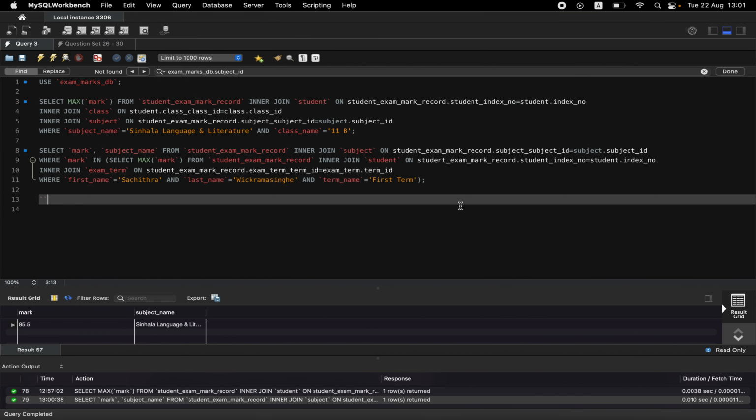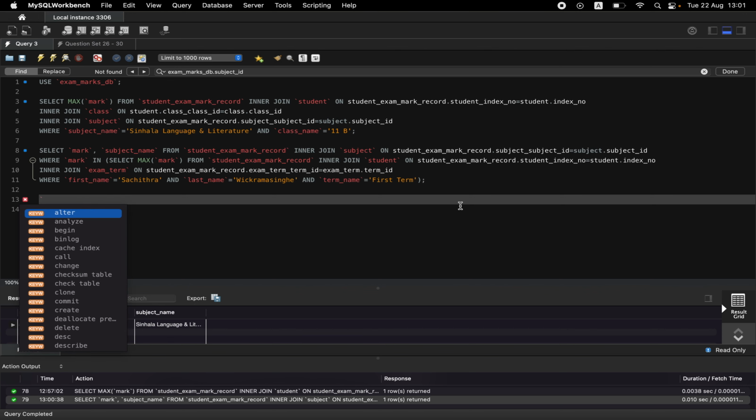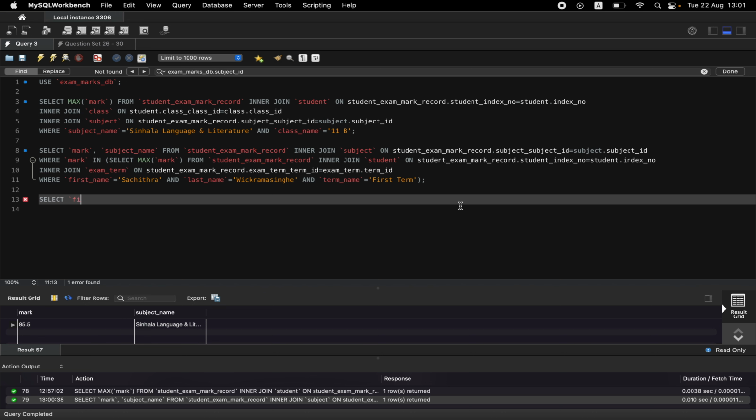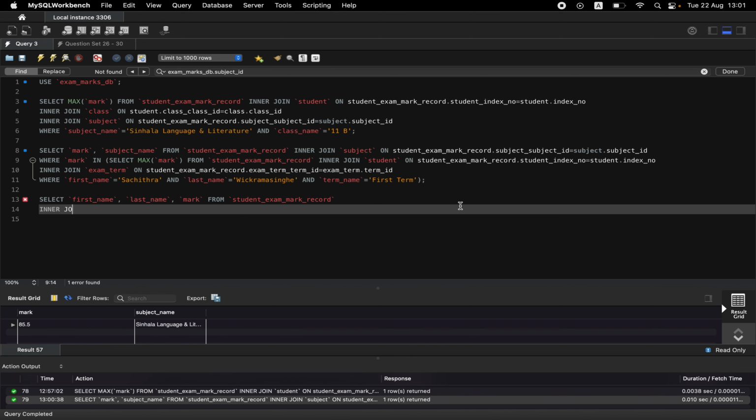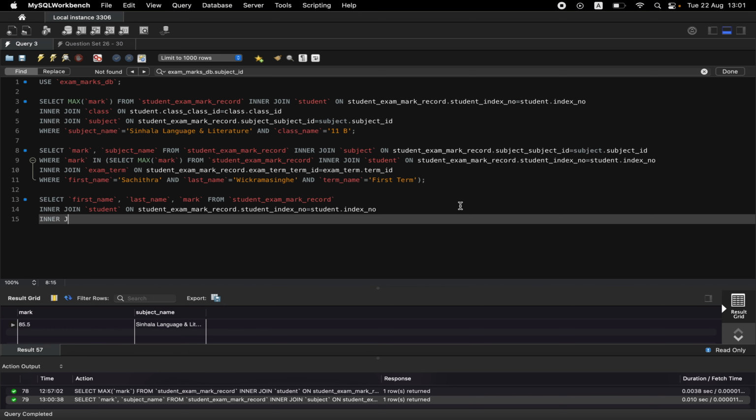So we have to find the name, first name, last name and the mark from student exam mark record, inner join student table on student exam mark record dot student index number equals to student dot index number and inner join